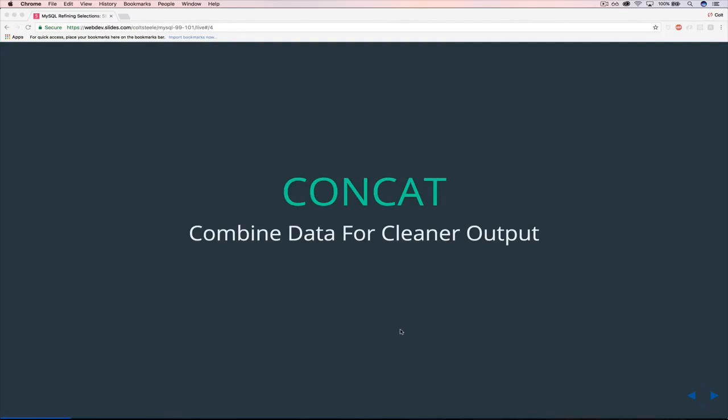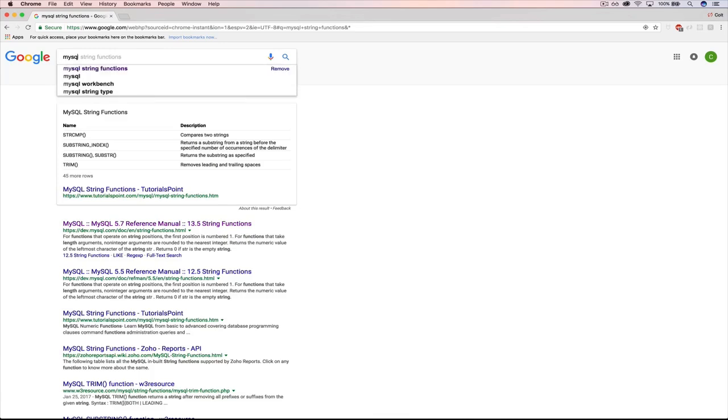We've seen how to run files using the source command, and then we actually did that with the sample data that I gave you. Now we dive into the meat of this section, which is all about string functions. And the first thing I want to show you is that if you go to Google and we type in MySQL string functions, and we hit enter here,